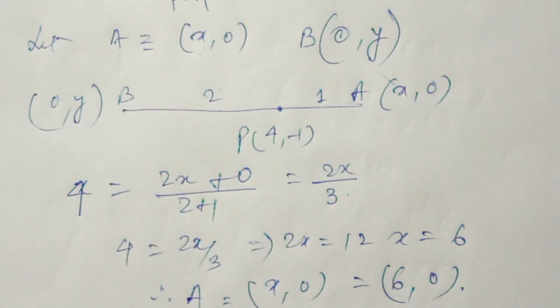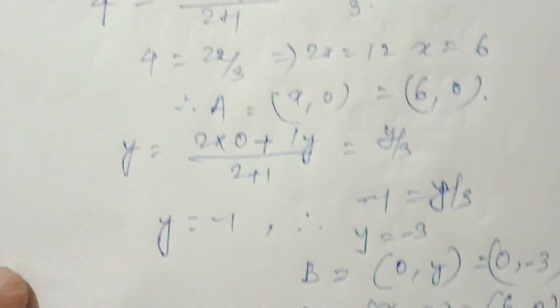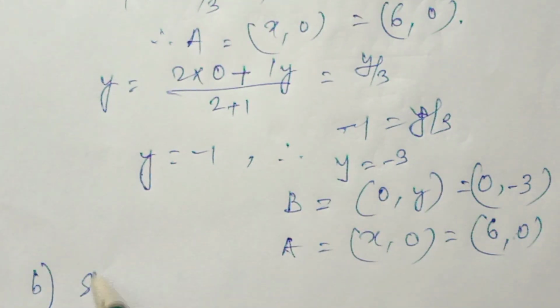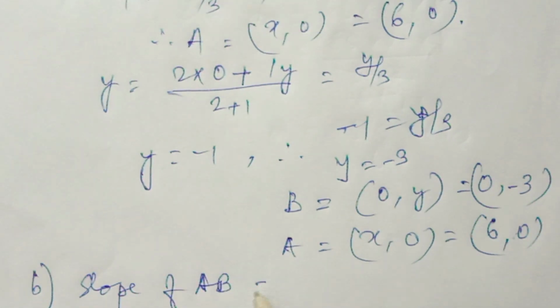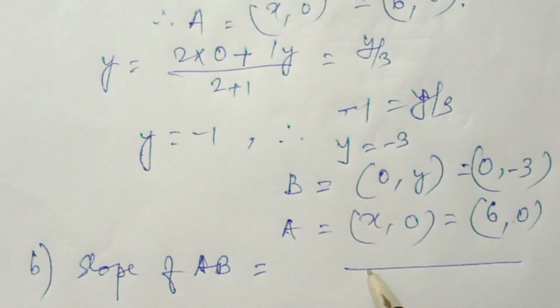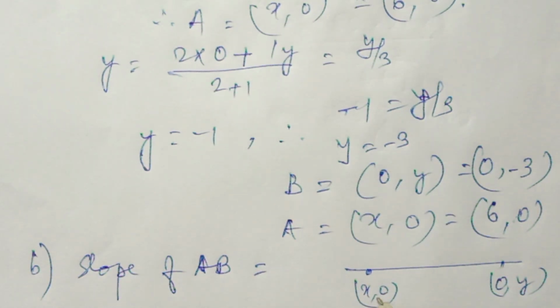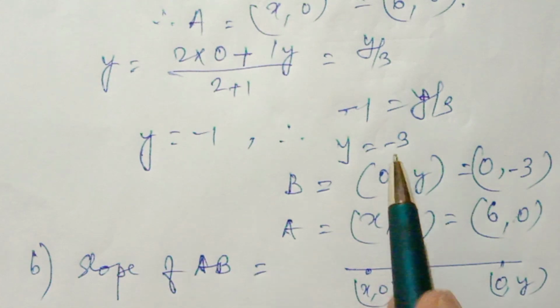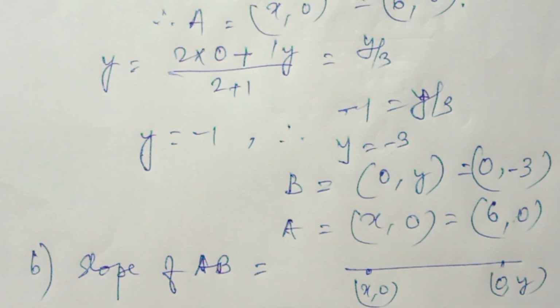तो हमारे पास कोऑर्डिनेट्स आ गया, तो अभी स्लोप ऑफ एबी भी निकाल लेते हैं। तो स्लोप ऑफ एबी, तो हमारे पास रफली कैसे पॉइंट्स हैं, ऐसे पॉइंट्स हैं। पहला है x, 0 और दूसरा है 0, y। तो x हमने निकाला 6, तो 6, 0 और y निकाला हमने -3, सो 0, -3। तो ये है स्लोप ऑफ एबी निकालने के लिए। तो पहले क्या करेंगे, x और y का वैल्यू हमने निकाल लिया।